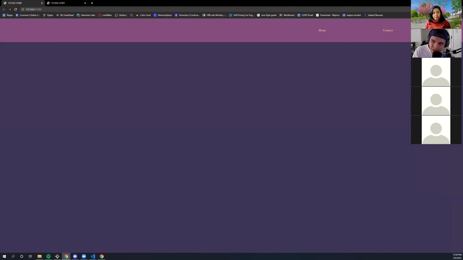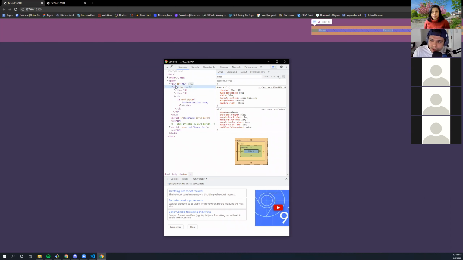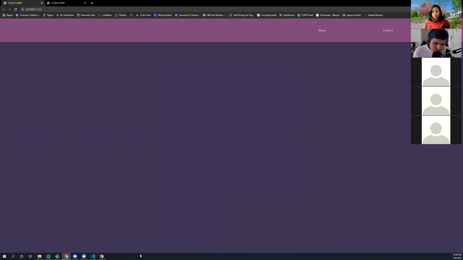So now we see that I have a little bit of space from the right hand side of the container, and if I go into my inspector element, I'm going to just go to this UL, and we see that I have this orange margin around the whole entire UL, but then I have a green space, which is padding, which gives me space from the right of this container. Cool. So now I have these beautiful buttons, and I'm now going to make the landing page below.